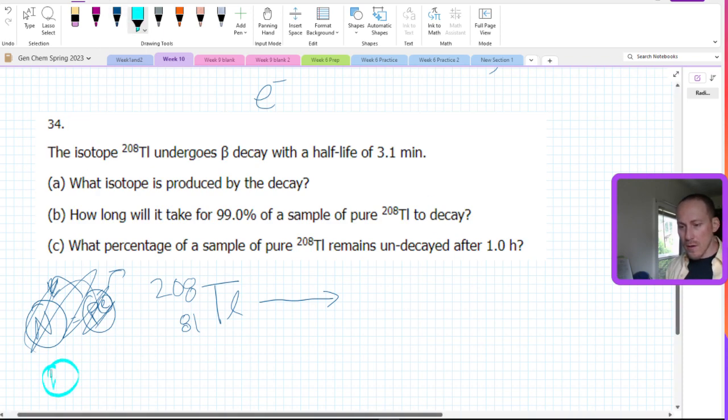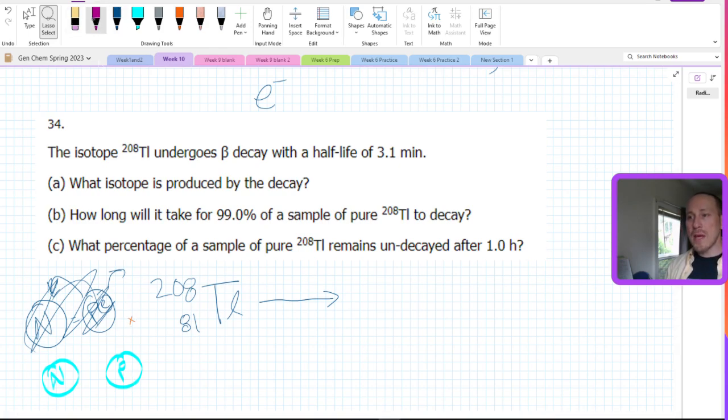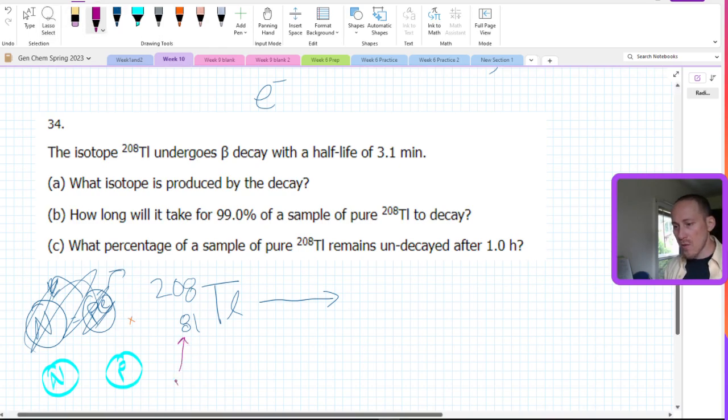Here's a neutron, and a neutron is secretly a proton with an electron on it. So, if it loses that electron, which is the beta particle, it becomes a proton. What that means is our proton number right here is going to go up. So we're going to lose a beta particle, which looks like that, which is, again, it's just an electron,